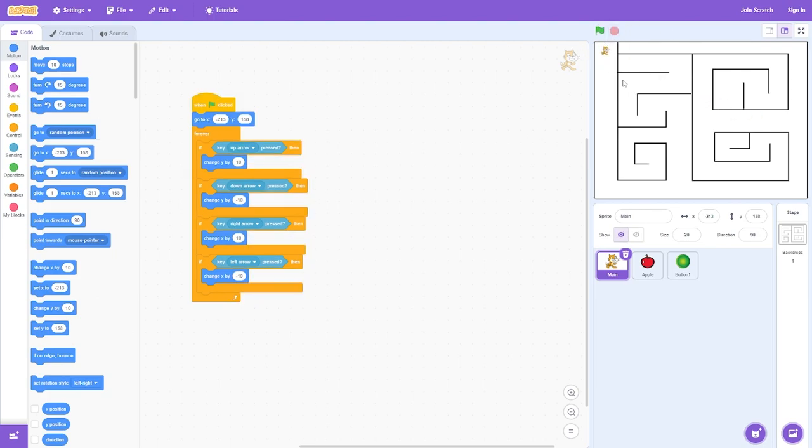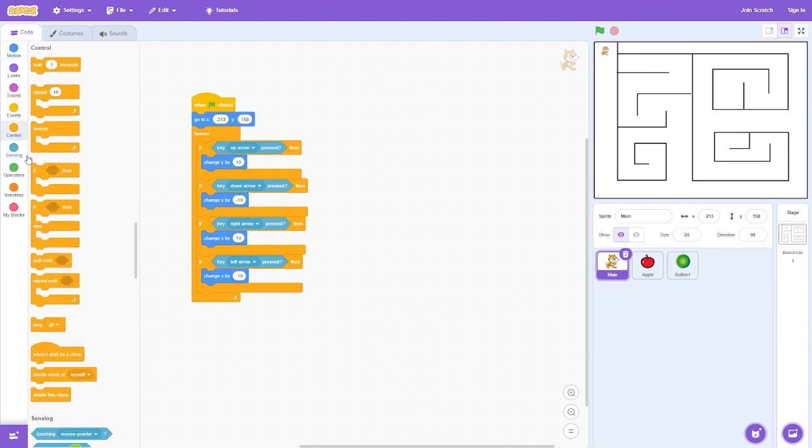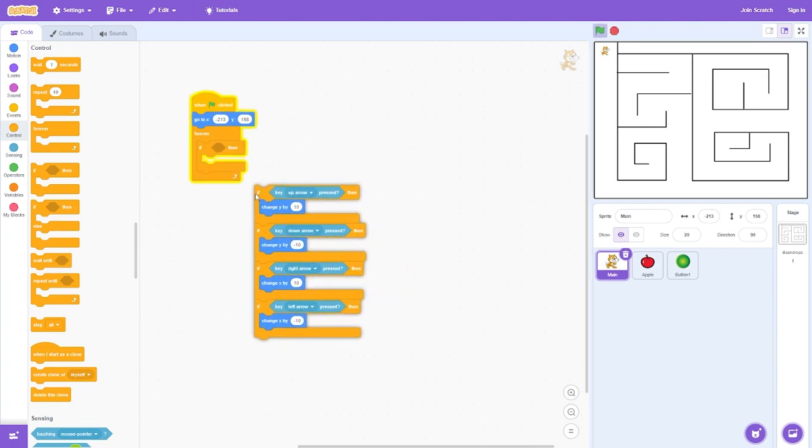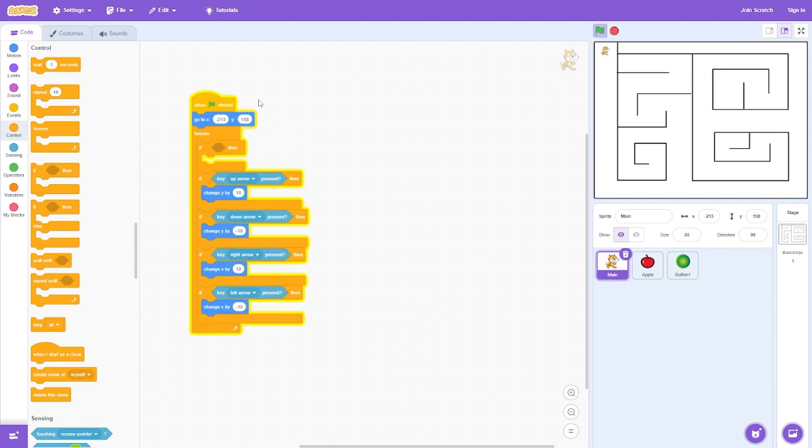Alright, now one more thing, we want to restrict him a little more, and we're going to do another control. We're going to say if, and we want it to be above these but not on top of. So what I mean is I don't want it to be there. That's bad. So I'm actually going to take it out and put it underneath like so. And stop so it unblurs. There we go. I'm going to say if